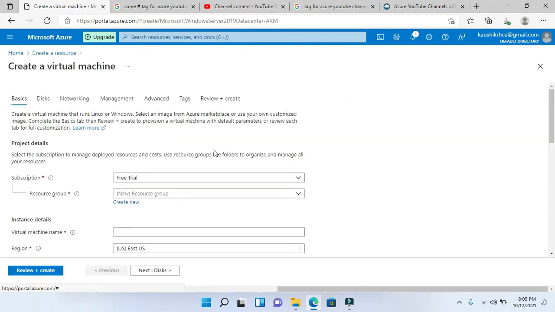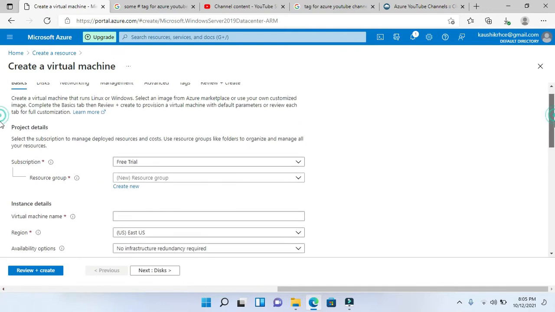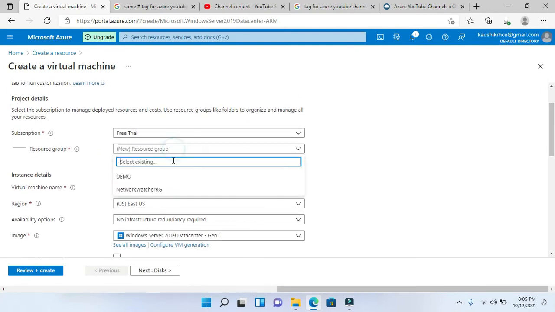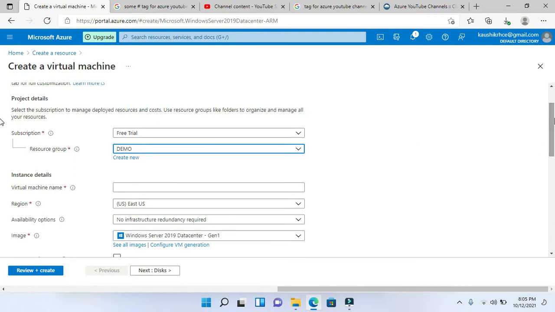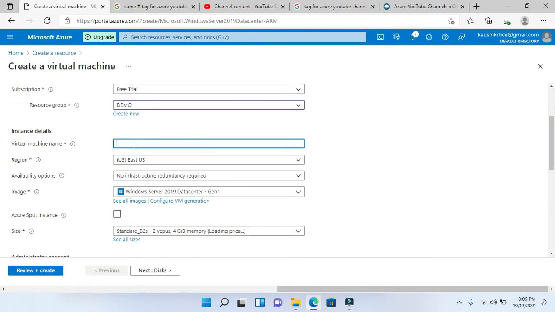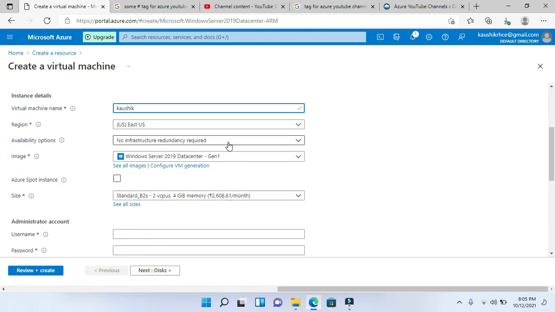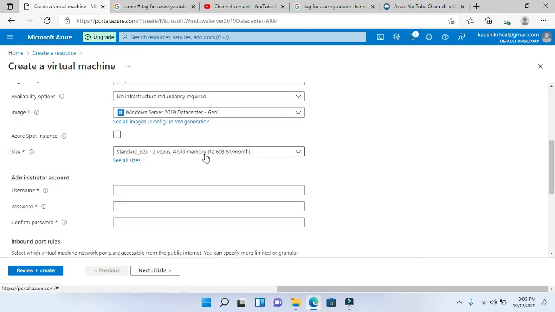After selecting, this is the free trial option, and the resource group is our demo. The virtual machine name is my name, Kosik, East US default, and here is the Windows Server data center version, and this one is the default.